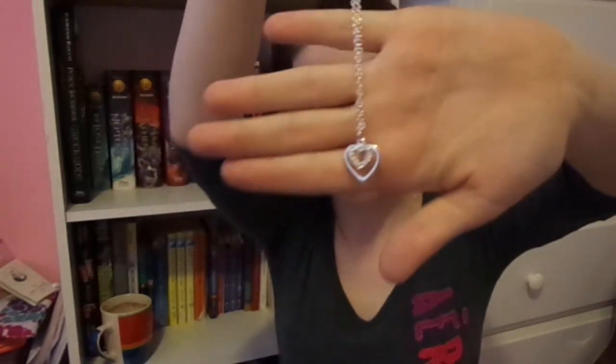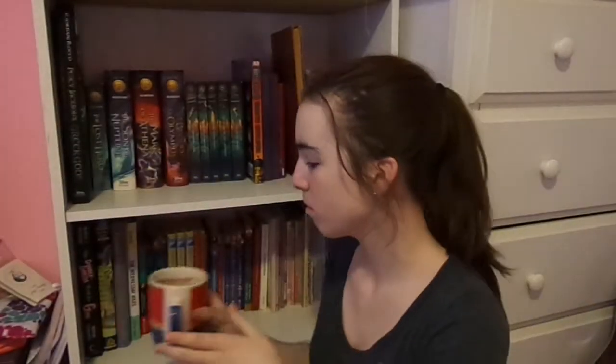And it was so funny because if I hadn't opened it to show my dad that it was a box and not a book, I wouldn't have realized that my mom had put something inside for my Christmas gift too, and it was a little heart necklace. This heart necklace is just this cute little heart necklace that...